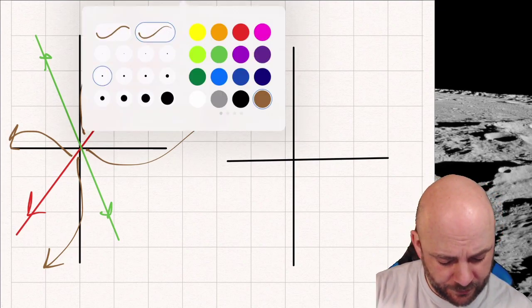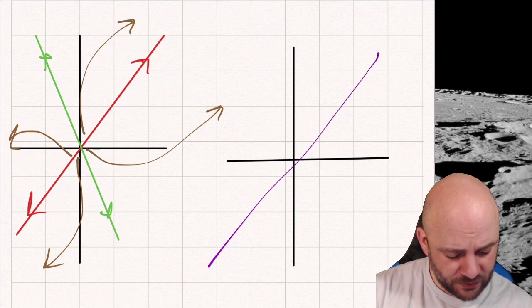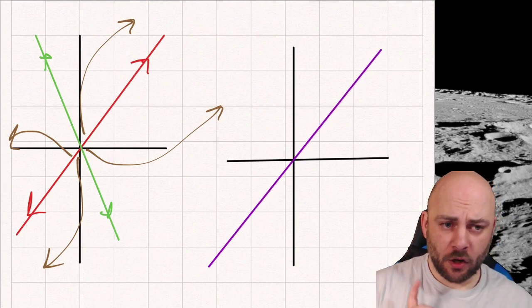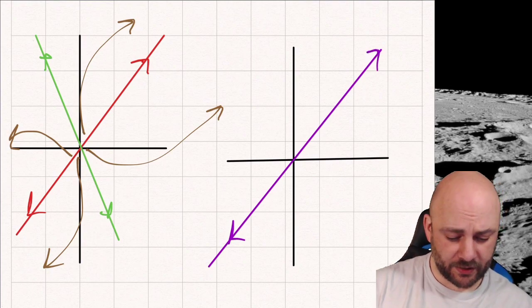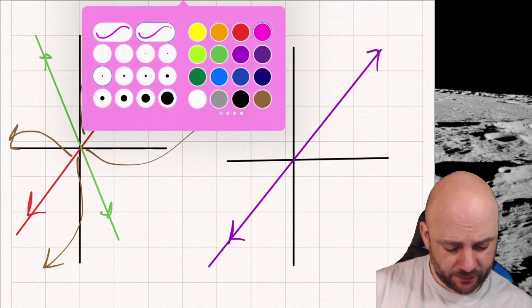Now, this second situation here only has one eigenvector. Only one fundamental direction telling you which way it goes. And so everybody else